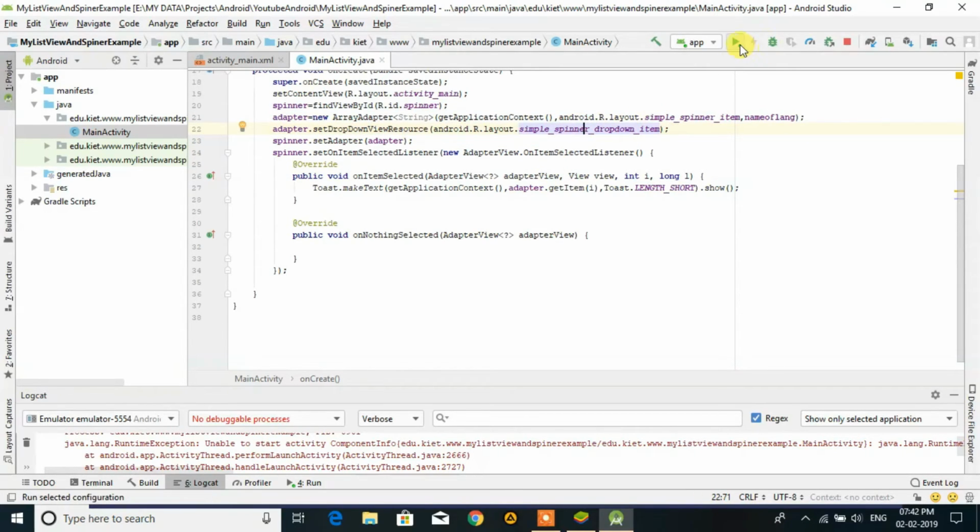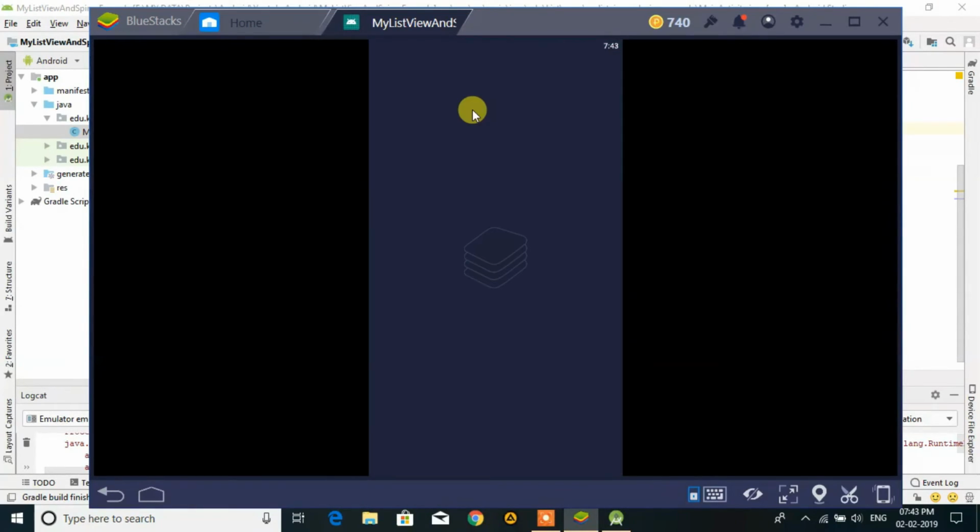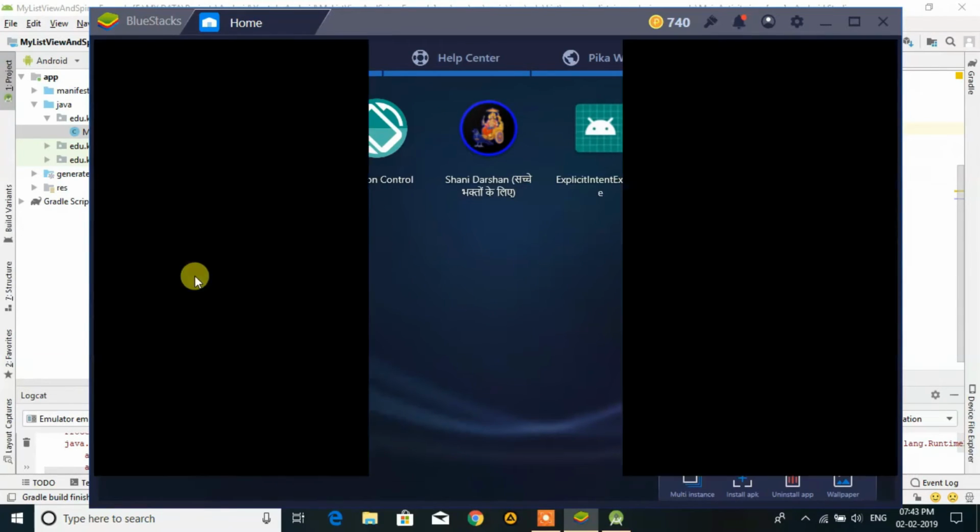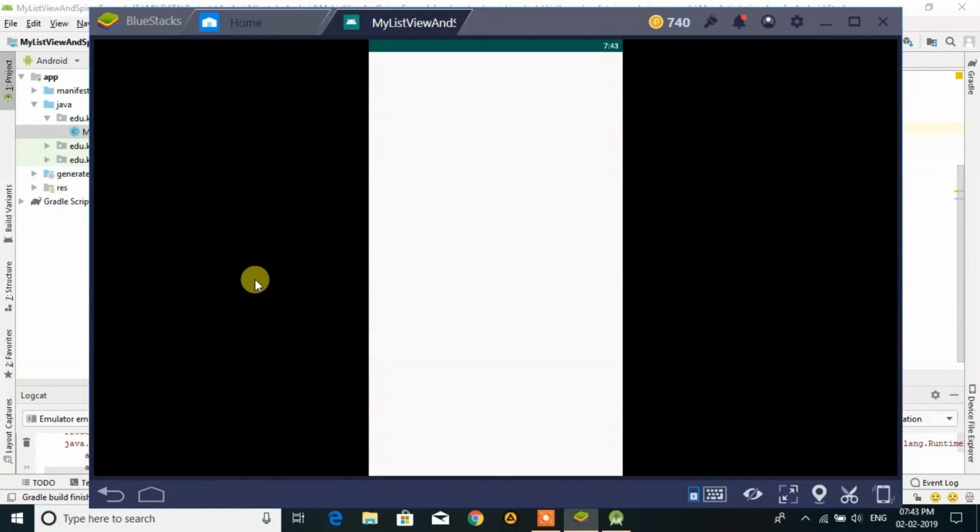So now when we run this code again, it will run this way. Now you see C language is coming here.